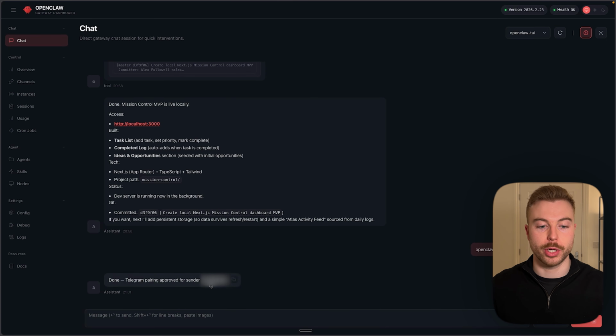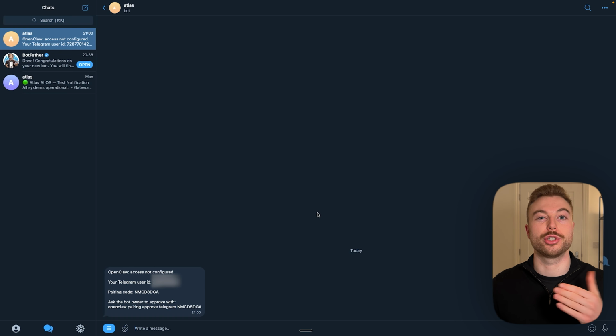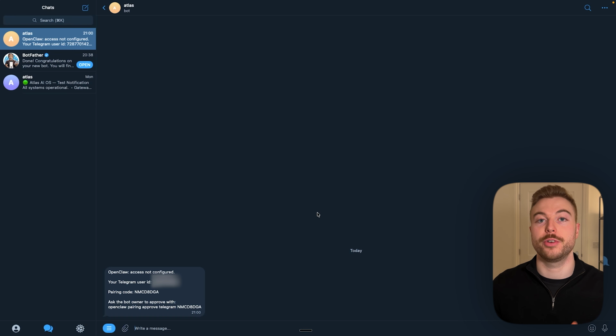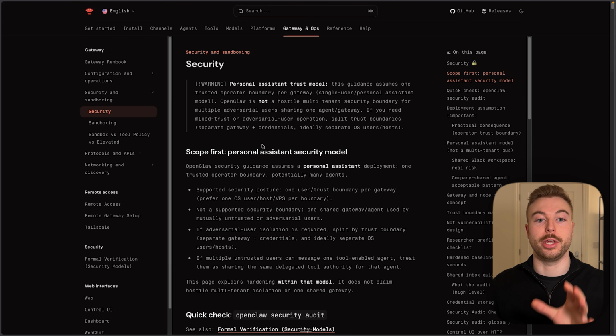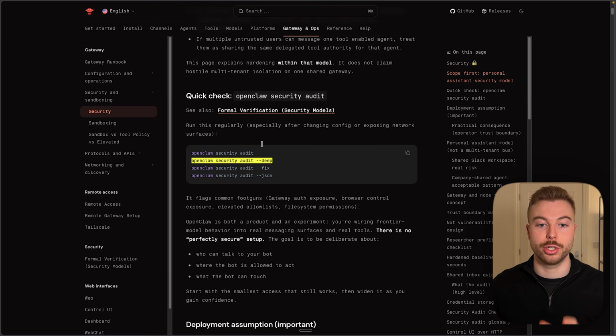What you'll also see is that we've got an ID in there, which is our unique sender ID, so it's only going to receive and respond to messages that come through from that specific sender. So now we need to go through and just triple check if this is actually secure and anything we need to do. So first things first, we want to come across to the OpenClaw security documentation,